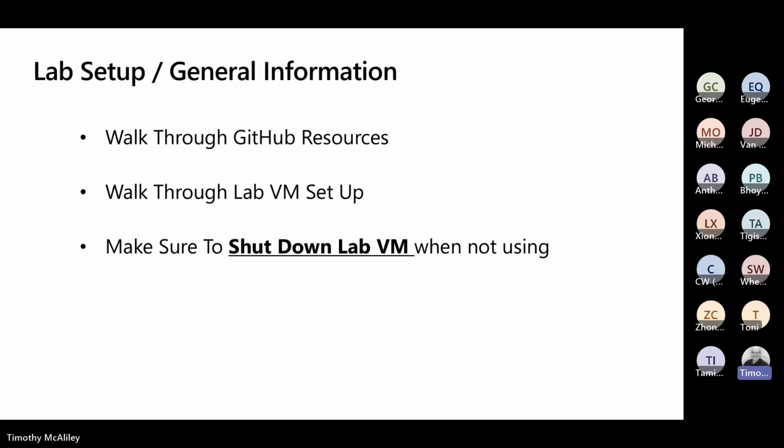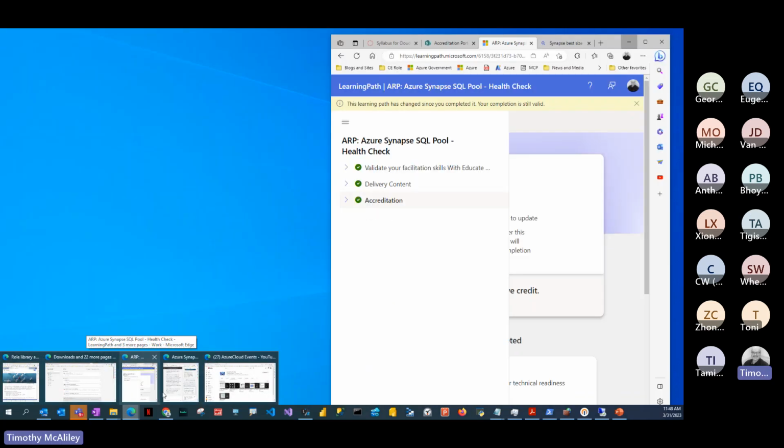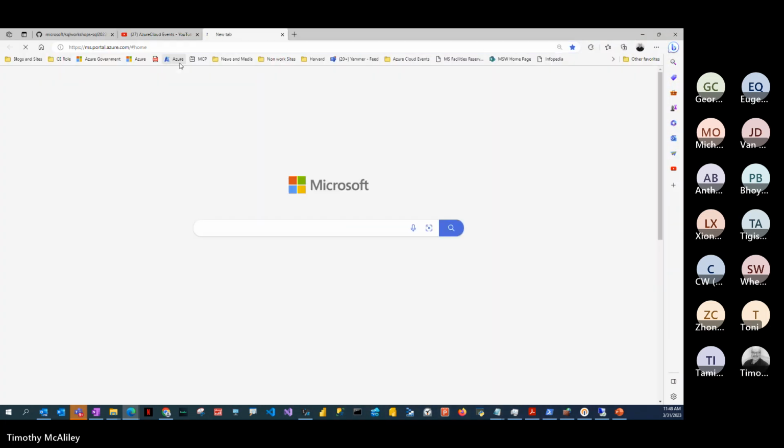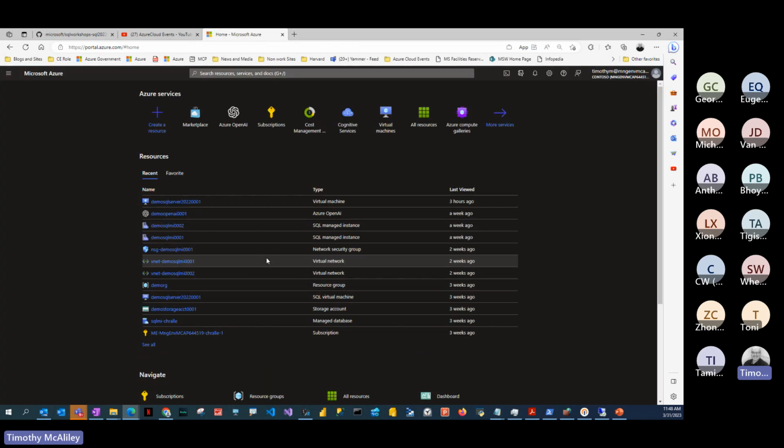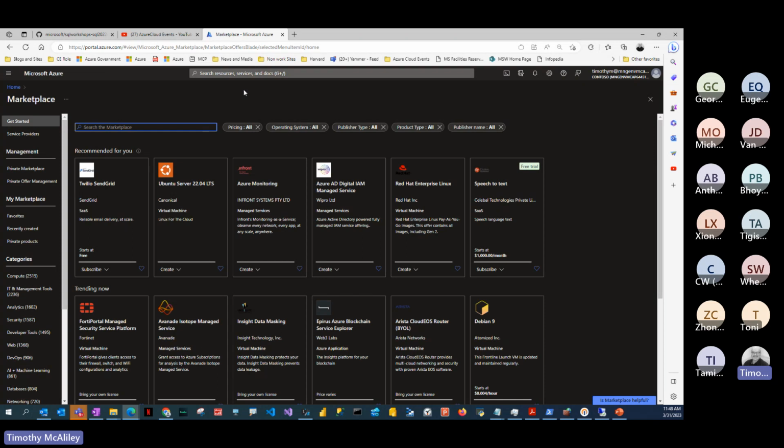Again, we walk through the GitHub resources. We do have the lab VM piece. I'm not walking through that so much, but if you go out to the Azure portal, and go to the Azure Marketplace, you can configure the exact same piece that I'm using today. Go to Marketplace in Azure, and then type in